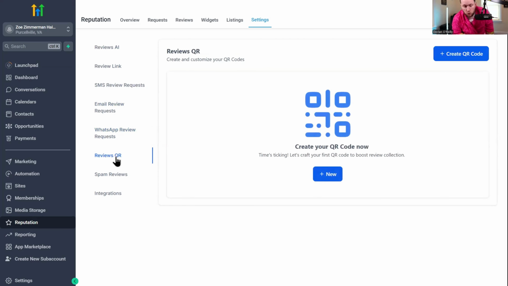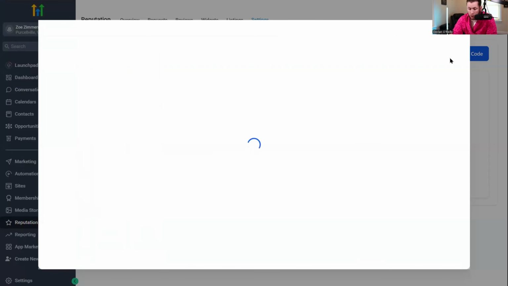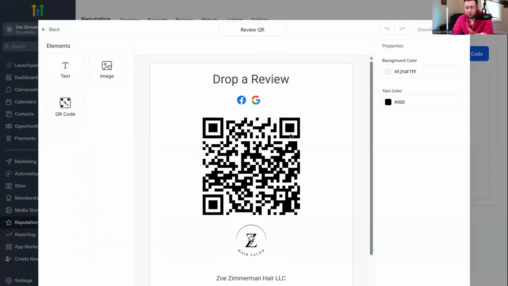Then you have reviews QR. So this is a QR code where if they scan it with their phone, they will be able to leave a review. So if we click create new QR code, you'll come right in here and it will pre-prompt and build it up. And this is really cool because it can be used for 2 different things. Number one, you can put this on the website. Number two, if you want to